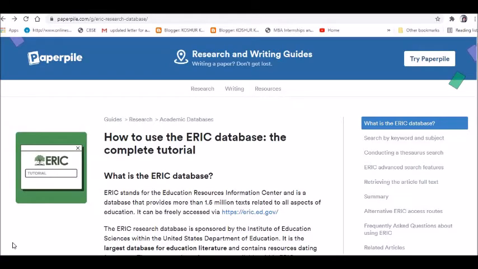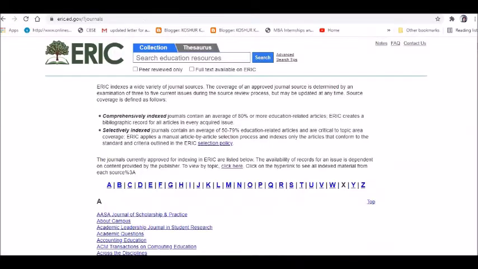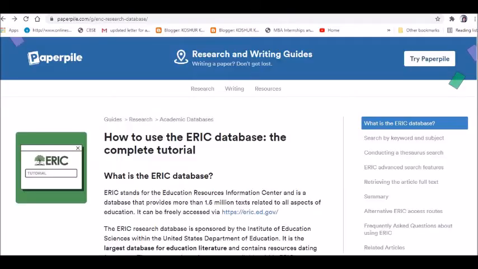Good evening to all. Let's proceed further now and try to see how to use the ERIC database for our own search purposes, especially when we are writing a systematic literature review paper. For that, I would be dwindling between the ERIC ed.gov, that is the main database page, number one, and number two, to explain how to use the ERIC database,